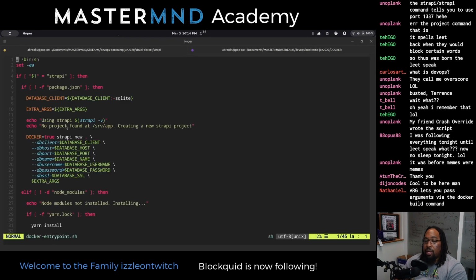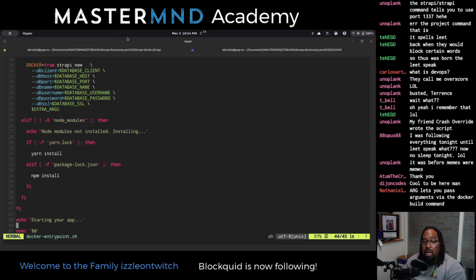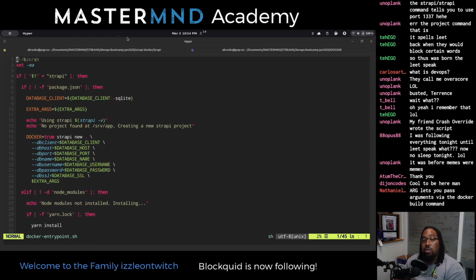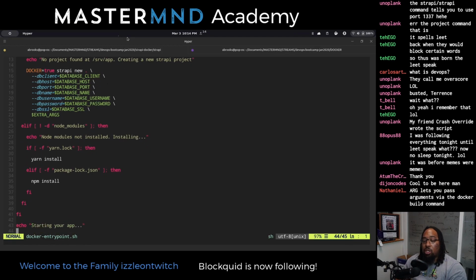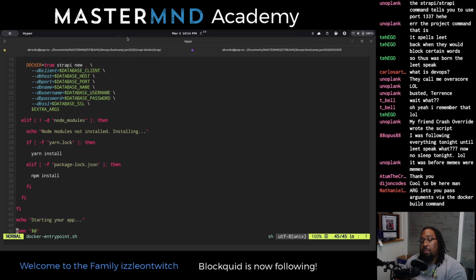It's a simple sh script, and it might do a bunch of stuff, it might not. And so it looks like they actually are using this to set up all this stuff at runtime, database client, extra arguments if you pass them. But don't sweat it. This is just a bash script that you might need to use to set some things up. So just know that this is a common paradigm.